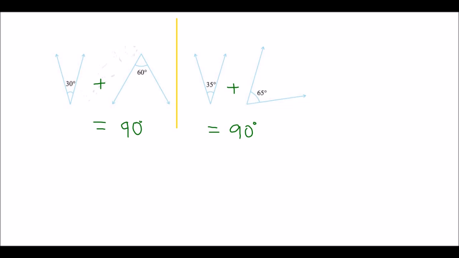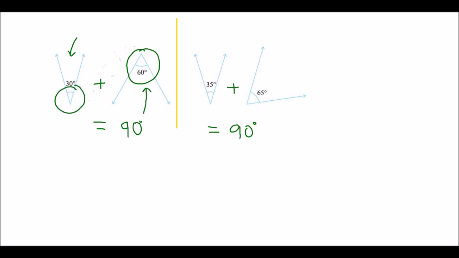Now it is very important to note that there is no term as complementary angle. One angle cannot be called complementary. It is always the pair, and in such a pair, each angle will be called the complement of the other. For example, this 30 degree angle will be called complement of 60 degree. In the same way, 60 degree will also be called complement of 30 degree.